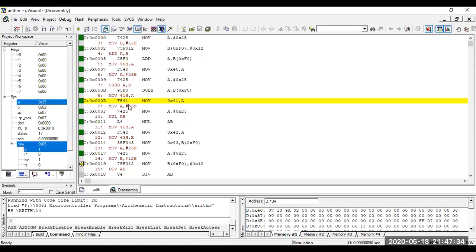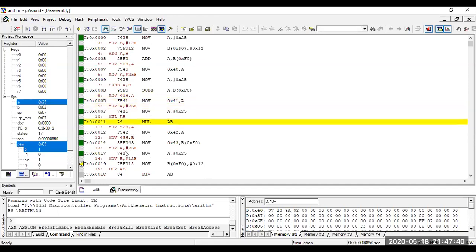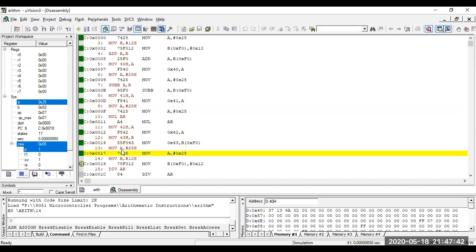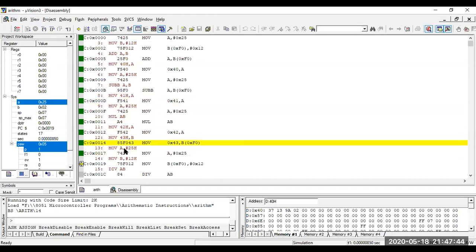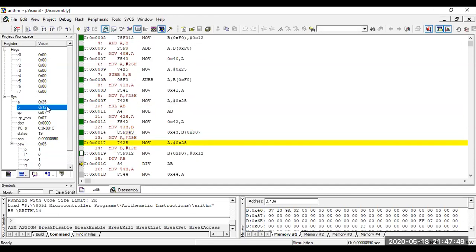And next, initializing A with 25H, and B with 12. Next, you have to divide.